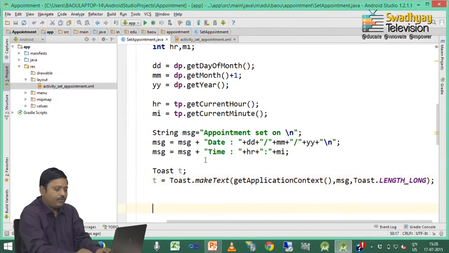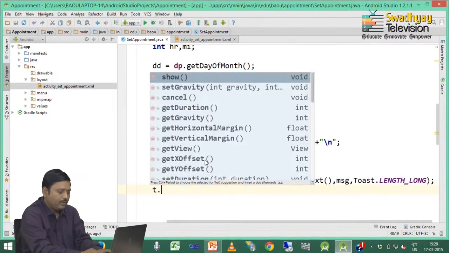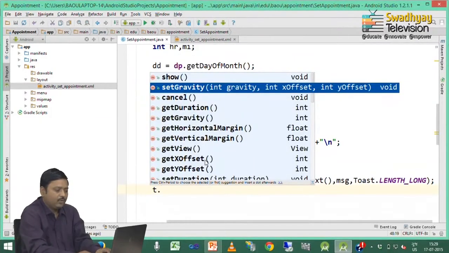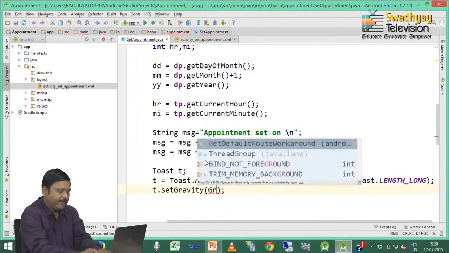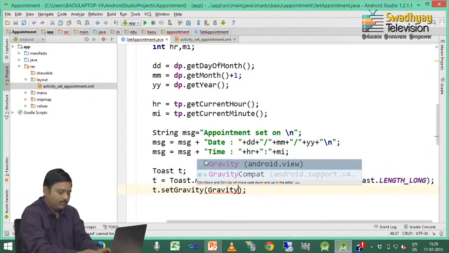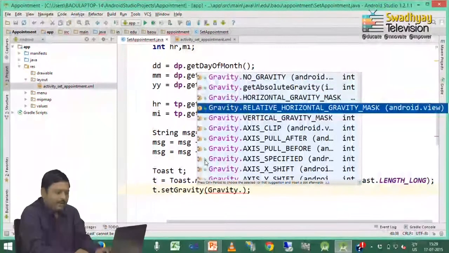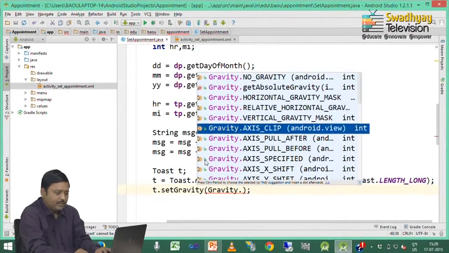Here before showing the toast by writing T dot show like this, we set its gravity. So, here I am setting gravity to display the toast in center. So, here I write the gravity dot. Here I can have various options.